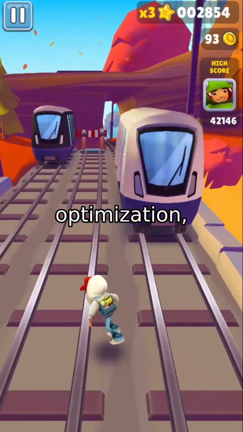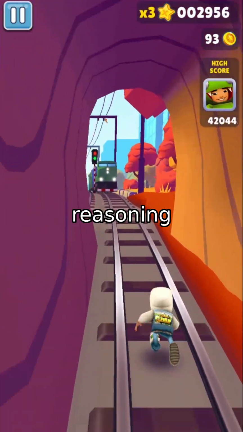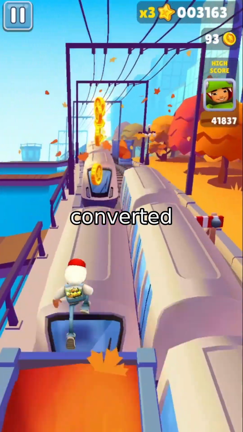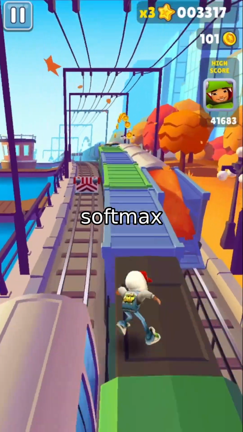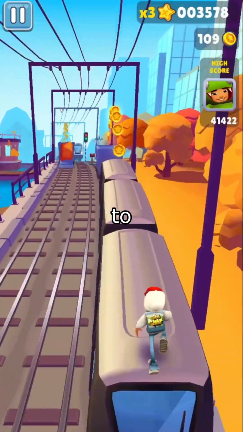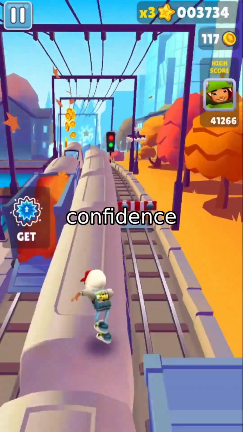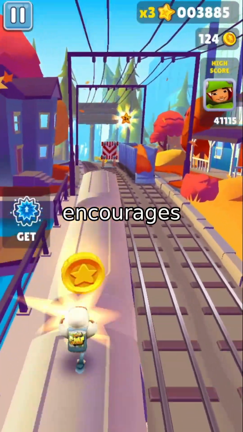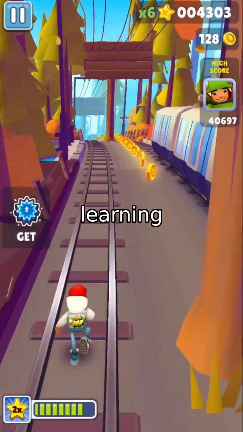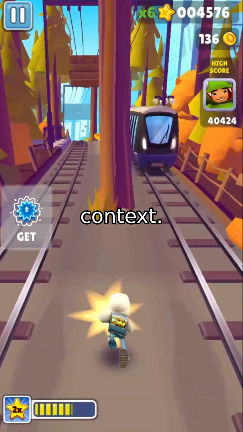During optimization, DMoA runs all candidate agents in a reasoning step to collect their predictive entropy vectors. These entropy values are converted into confidence targets using a softmax over the negative entropy. The router is then trained using a pairwise ranking loss to align the routing probabilities with these confidence targets. This loss function encourages the router to assign higher probabilities to agents with lower entropy, effectively learning to route to the most confident experts for the current context.